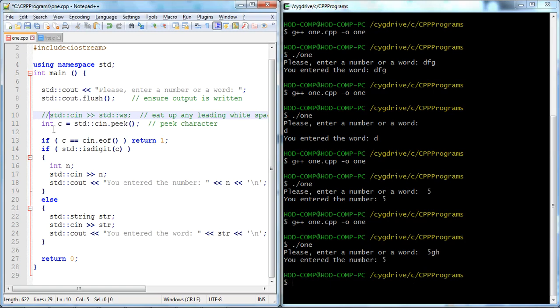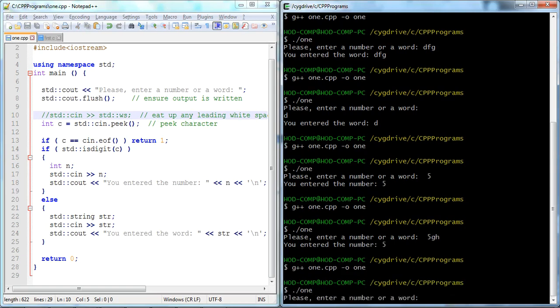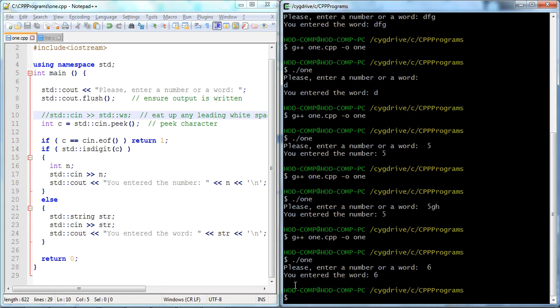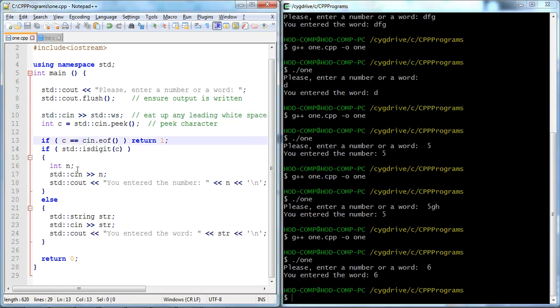If we comment this out and give a number with a space before it, like space 6, and press enter, it says it's a word because of the space. That's why we need to remove the initial space when we give the input.